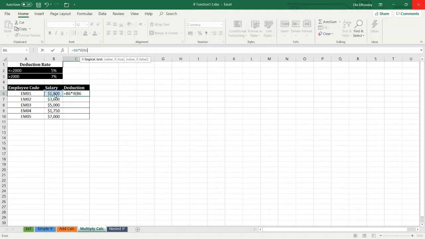If the salary less than or equal 2,000, then the deduction rate is 5%, and I need to make this an absolute reference by pressing F4, because when I copy down the formula, I want the P2 won't change to P3 and P4 and so on. Otherwise, the deduction rate is 7%, P3, and I need to make this an absolute reference by pressing F4 and close the parentheses.